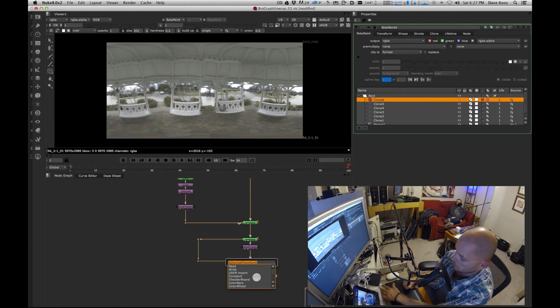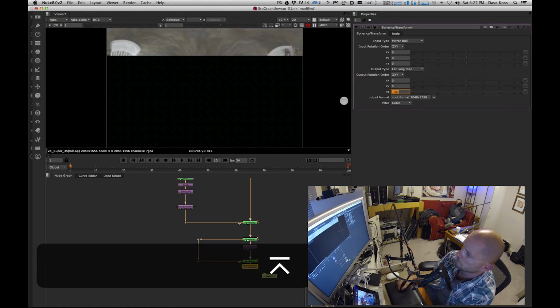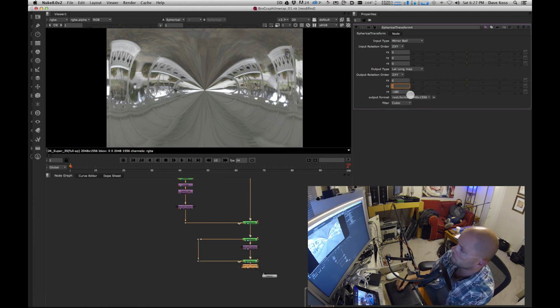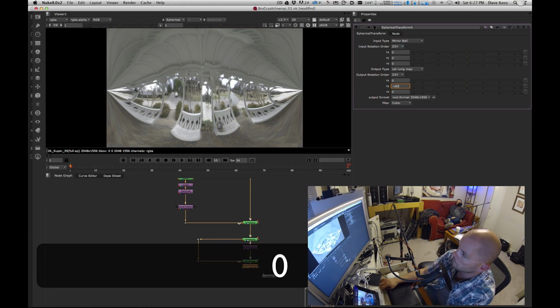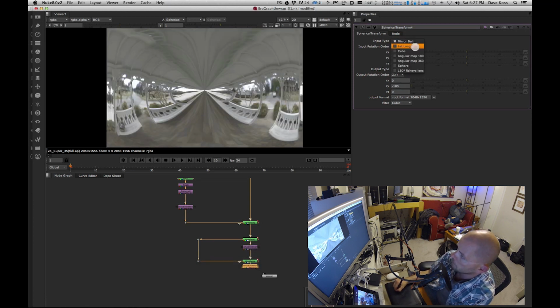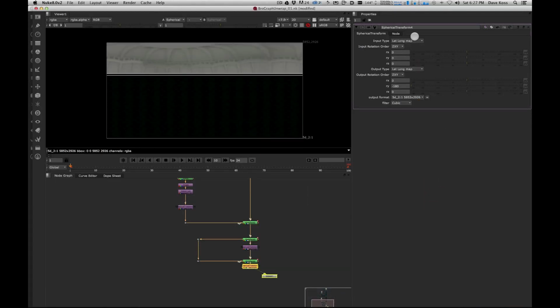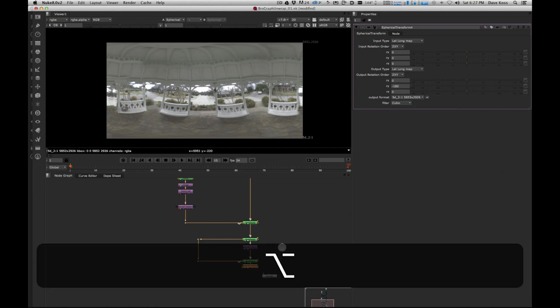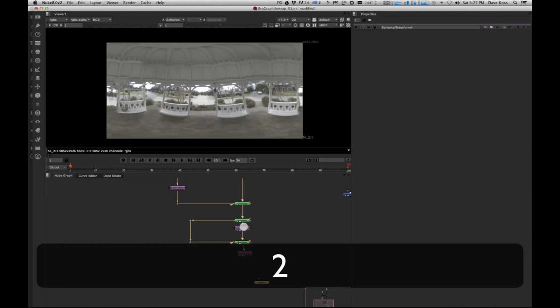Add another spherical transform. Rotate it -180 on the Y, not the Z. Make sure we're lat long in, lat long out with a 2-to-1 ratio. Make sure I was on the right one there. All right, and now if we look at our before and after,